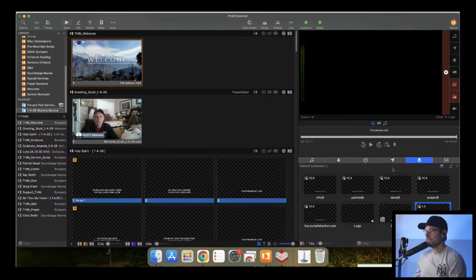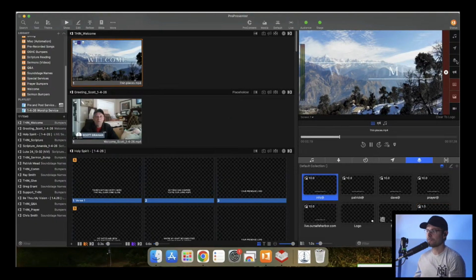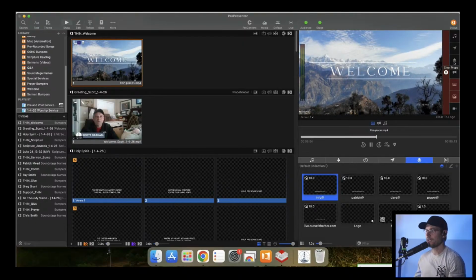What you have to do is tell it single prop mode. I believe what this does is if I fire a slide and then I fire another one, it clears the other one and puts the first one up. So it only allows one prop up at a time. If it's not selected, you can add multiple props on top of each other, and that's not very helpful. So you've got to do single prop mode and then drag your prop onto your slide. Then when you fire the slide, it goes for whatever the allotted amount of time. In my instance, it's 1 second, and then it clears.